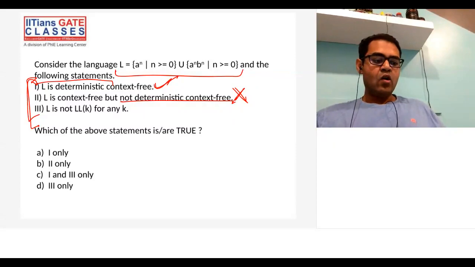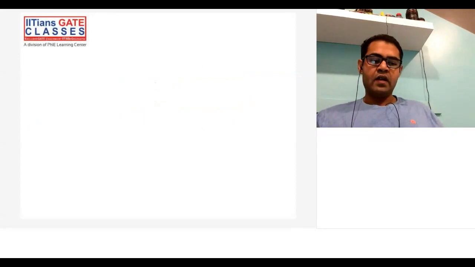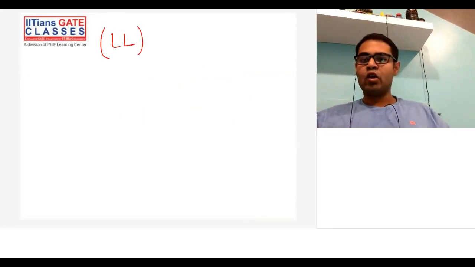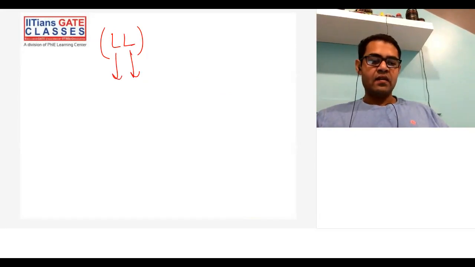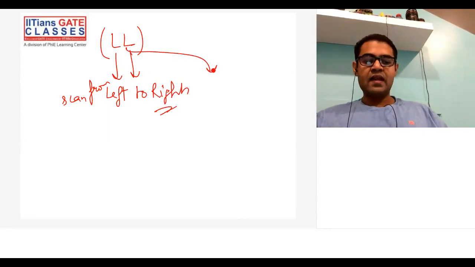Okay, now we'll see this is not LLK. So let me just give you a brief idea about what LLK is. If you remember, LL is a top-down parser. What do we mean by these L's? The first L means scan from left to right, and the second L means you use the leftmost derivation